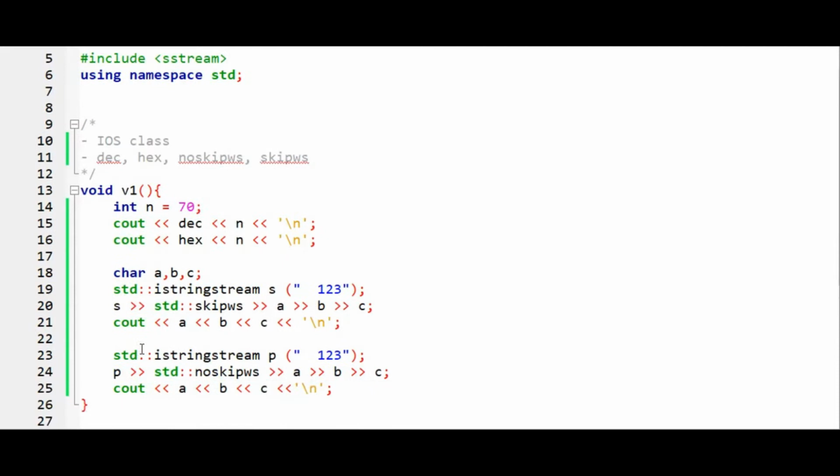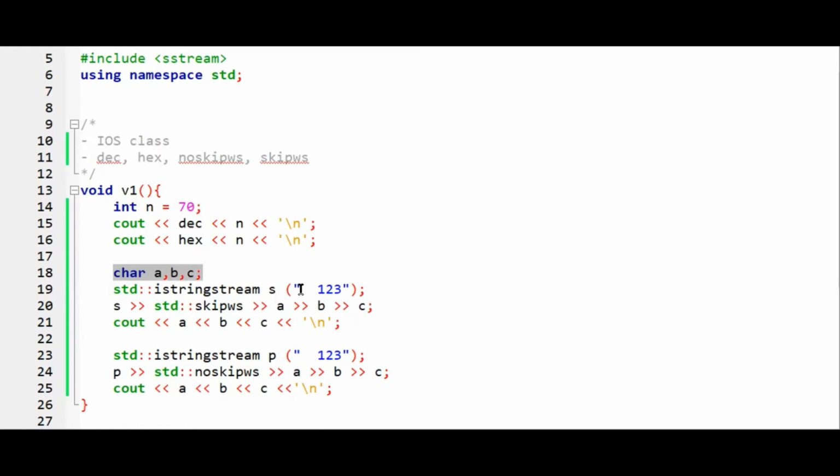It is saying that whatever is inside s, you pass that to this standard function. skipws means it will skip the white spaces. This function would erase the white spaces and pass the values to a, b, and c, because a, b, and c are different characters.